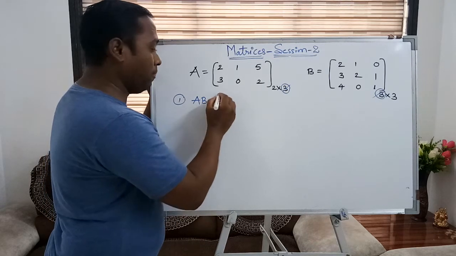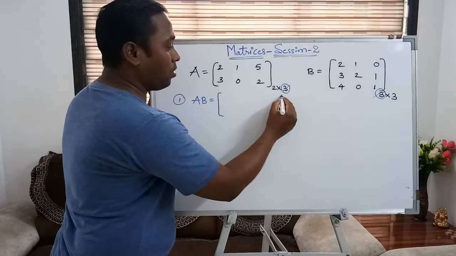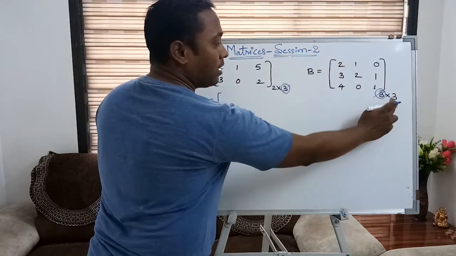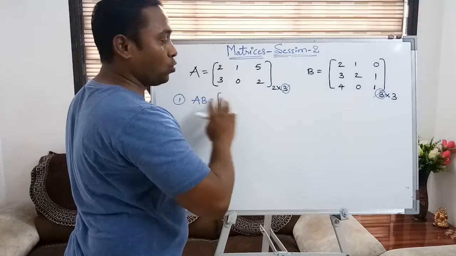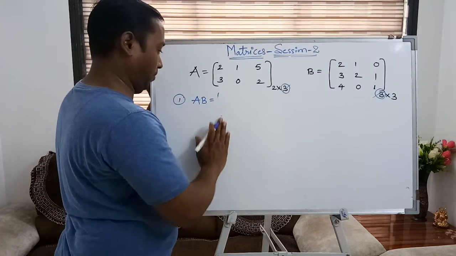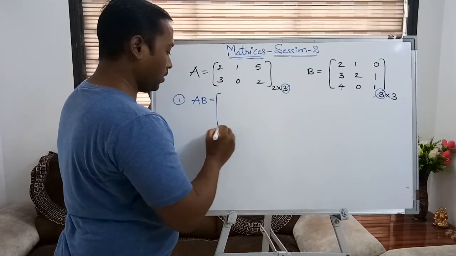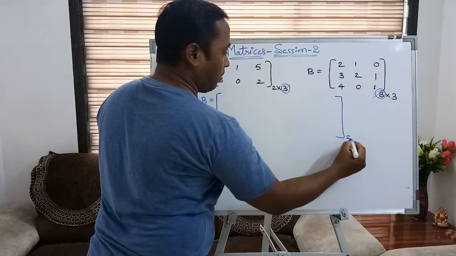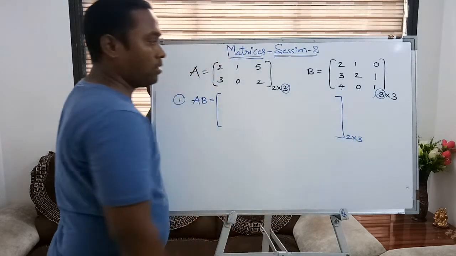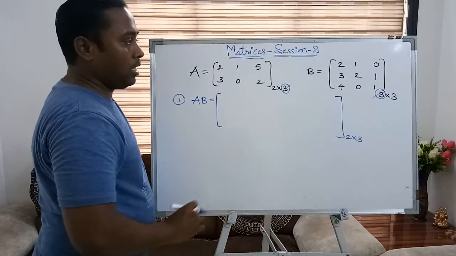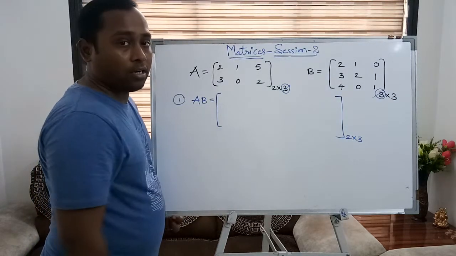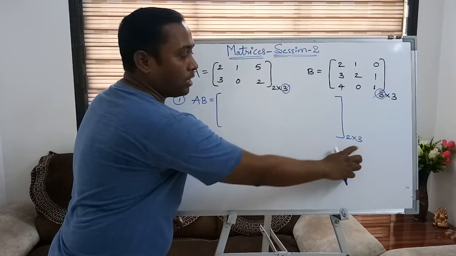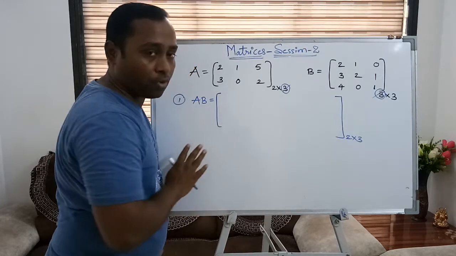And the resultant matrix order will be, when we do this operation, what will be the order of the matrix? Order of the matrix will be 2 by 3. 2 by 3 means 2 rows and 3 columns. Purposely I am writing this. Elements would be 2 rows and 3 columns, so hence there are a total of 6 entries. 2 threes are 6. There are 6 entries in the product.